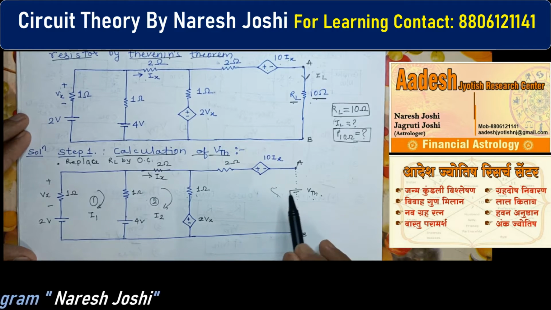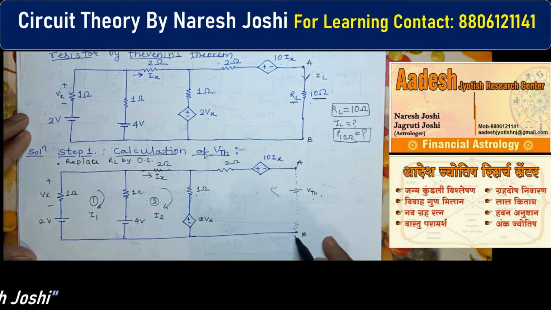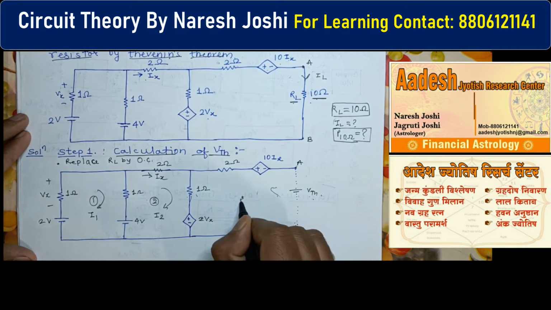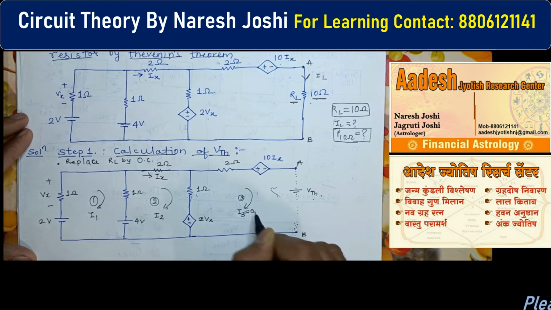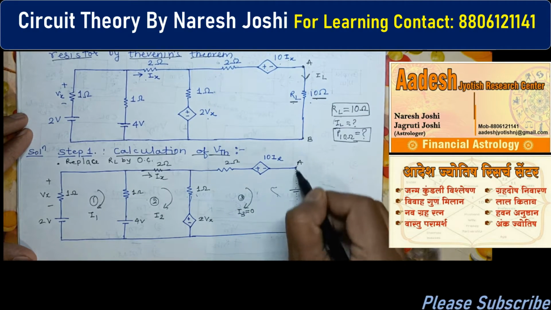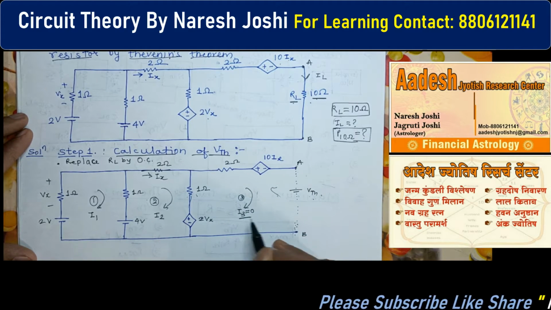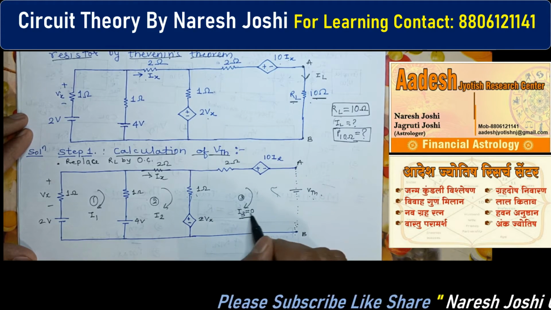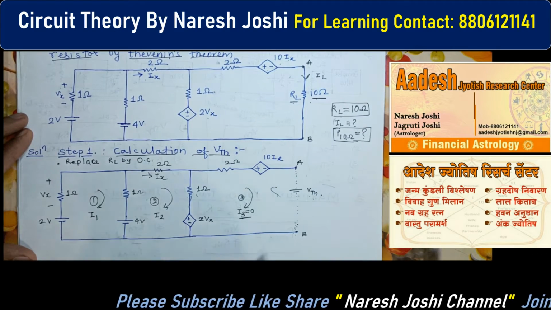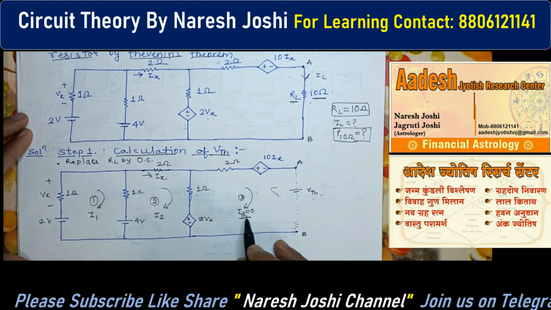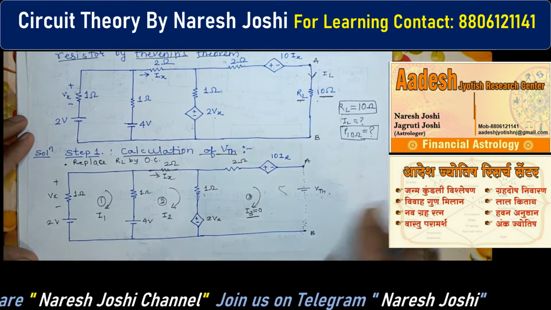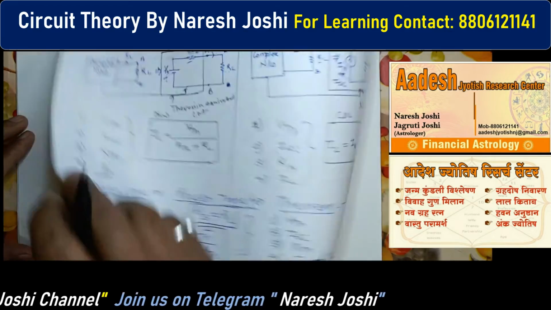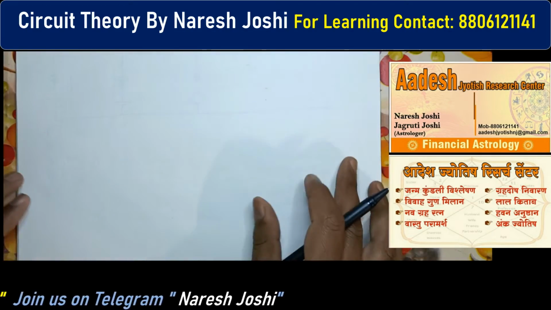For that I am considering this circuit as open circuit, but for understanding purposes I am considering this as mesh 3 and the current passing through it is I3, but it will be 0. Why is it 0? The current passing through an open circuit is always 0. So here you can see we have considered I3, but its value is 0. Clear? For your calculation purpose only. So I have mentioned I3 equals 0. So now what is the next step from the circuit diagram?